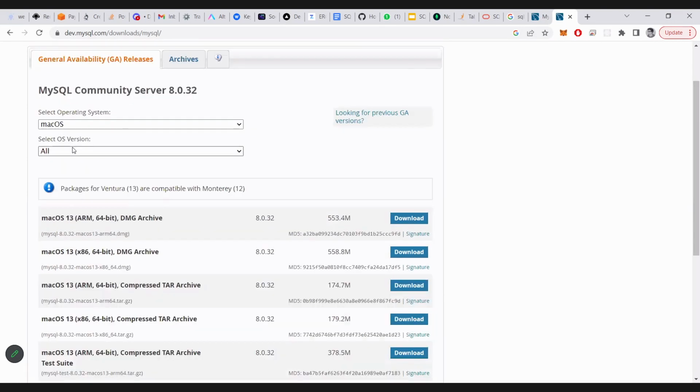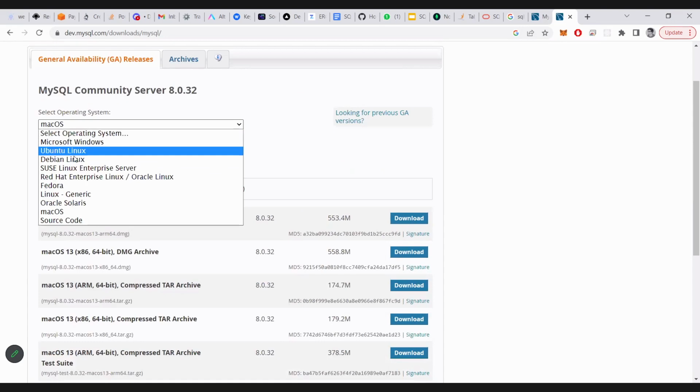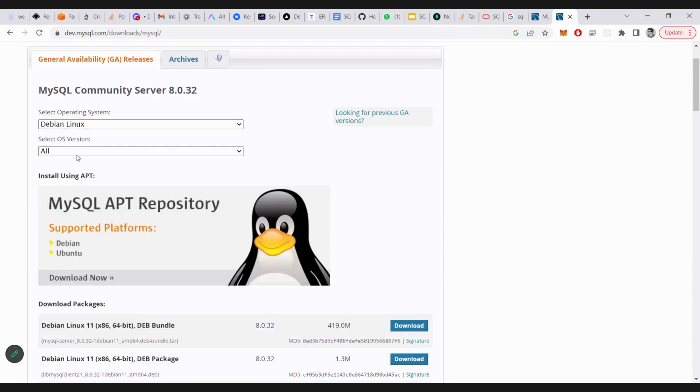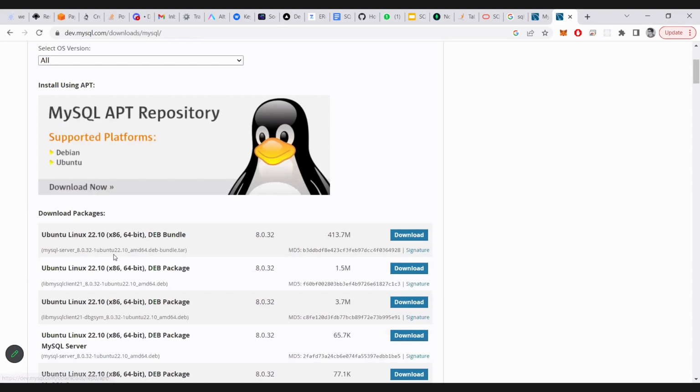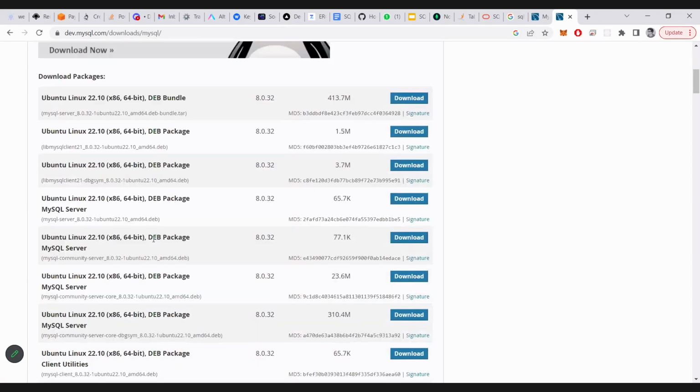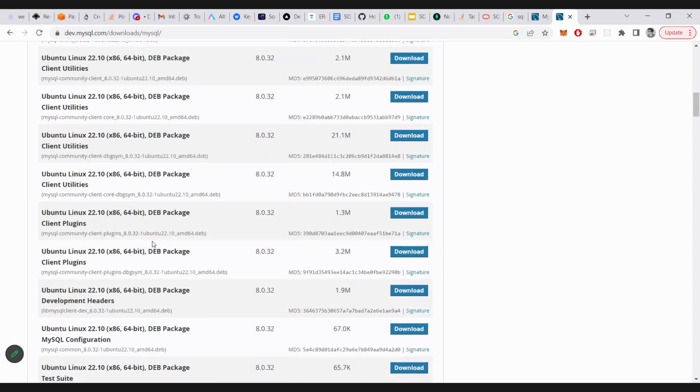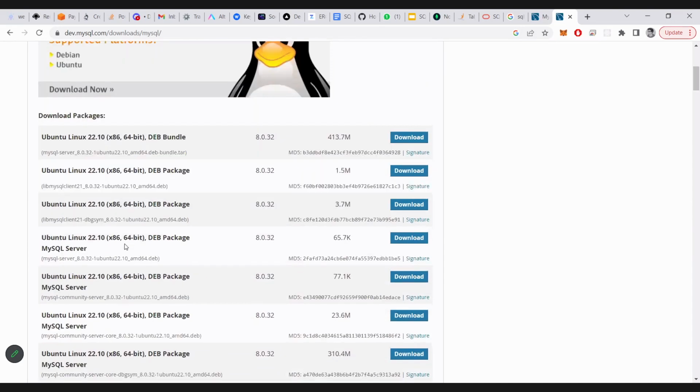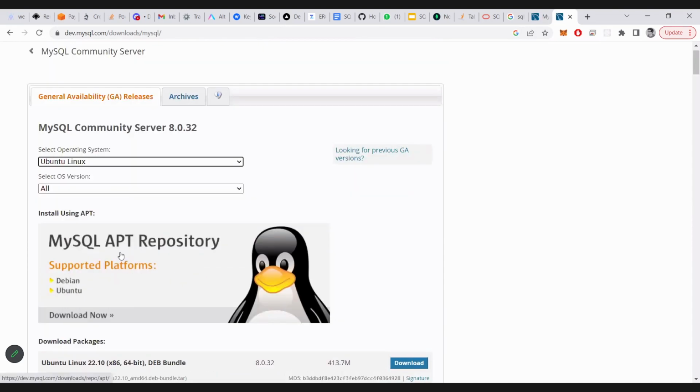Then for Ubuntu or Debian, we have this DB package file. So they have different packages. If you are on Ubuntu, you can use the command line also. In the Mac, you can also use the command line, but I would say you use this thing because